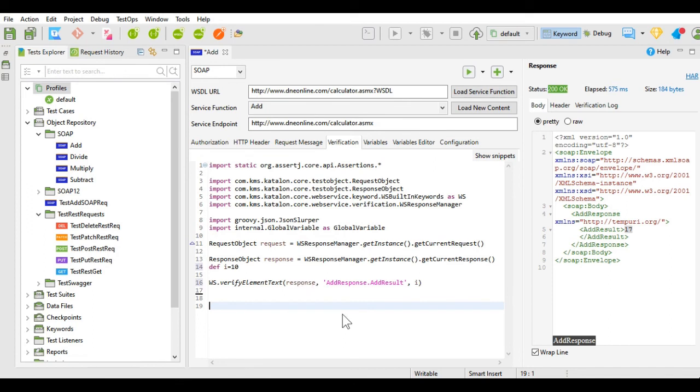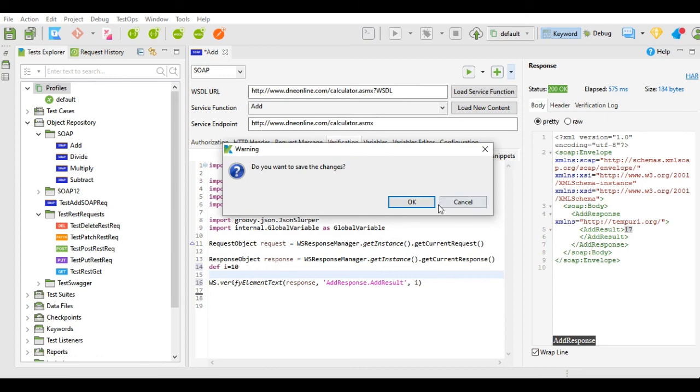The same way the response variable is used over here. Response is also a variable, right, which is defined over here, and the current response is assigned to that variable. Let's execute this verification and check test request and verify.